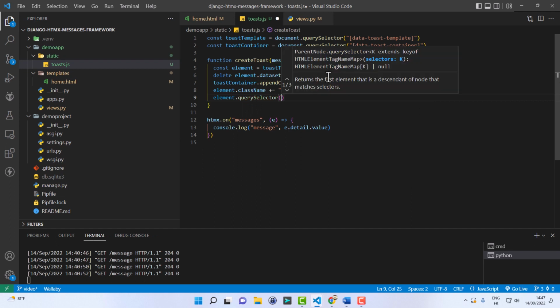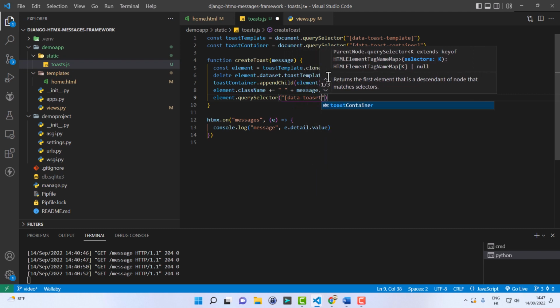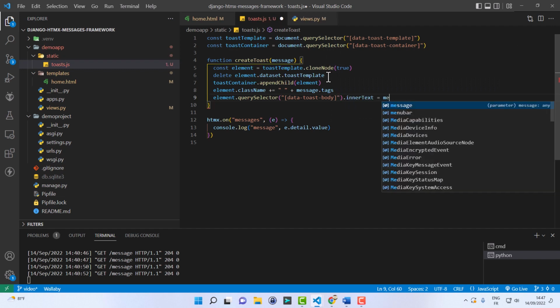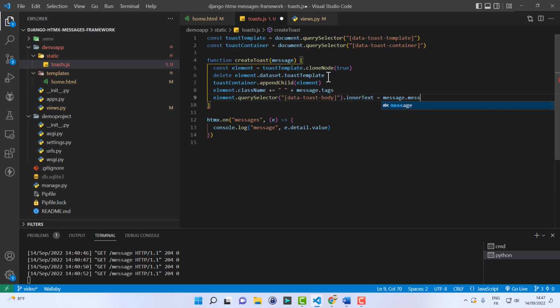Remember, the body is identified by data-toast-body, and we'll set the inner text to be equal to message.message. So now we have the toast element on the DOM.